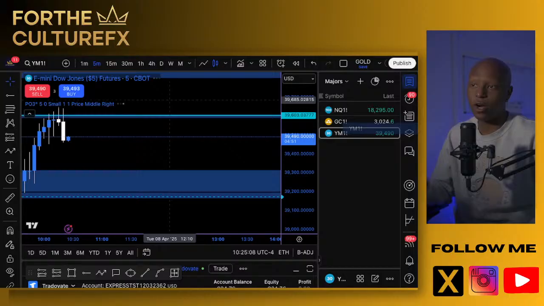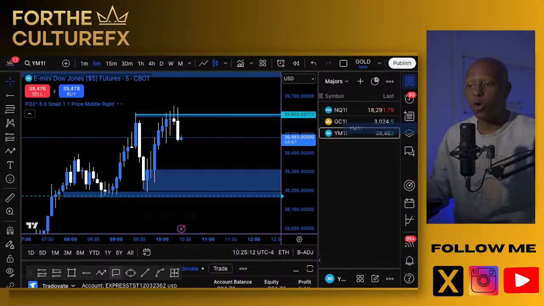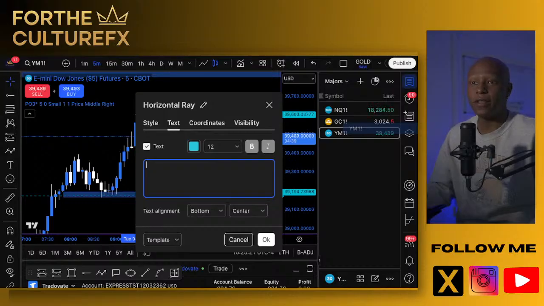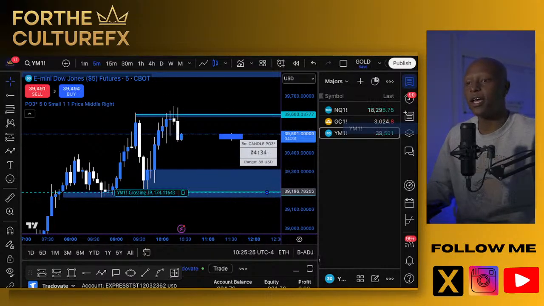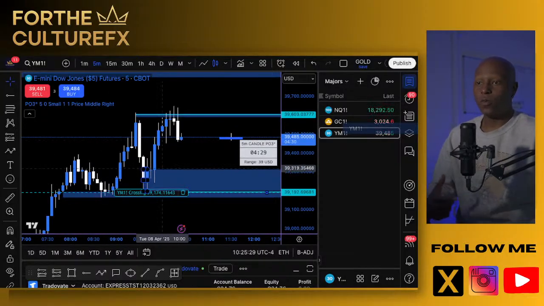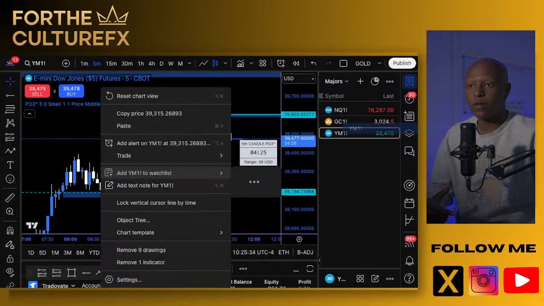and we'll continue looking for this possible move until two things. One, our session ends, which is at 12:30. That's when I personally stop trading. Or two, we see a break of a key low, which becomes the key low on the 5-minute time frame here. You can see I have an alert set at this area of interest. Why? Because if price breaks through this low, that flips the structure from bullish to bearish, right? So I have my alert set at my premium zone.